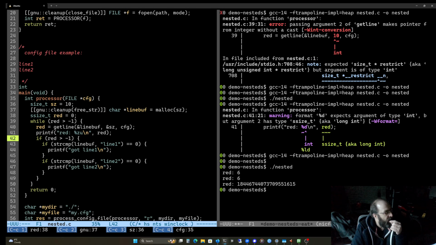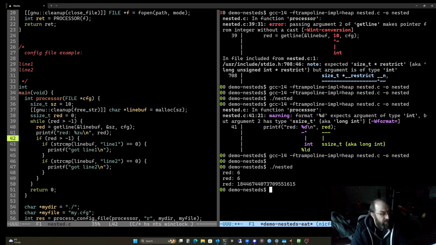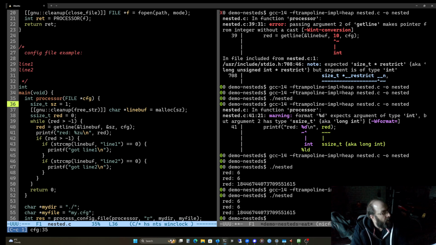So you'd expect read to be 0 and then -1, wouldn't you? I wonder if we made size 1, what happens? Same thing. getline, line buf.